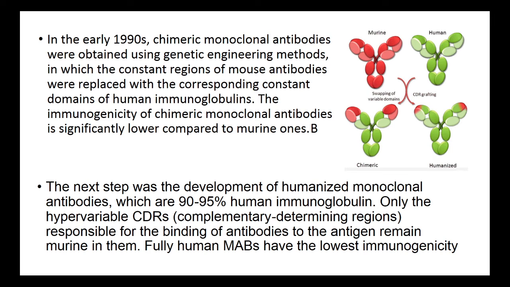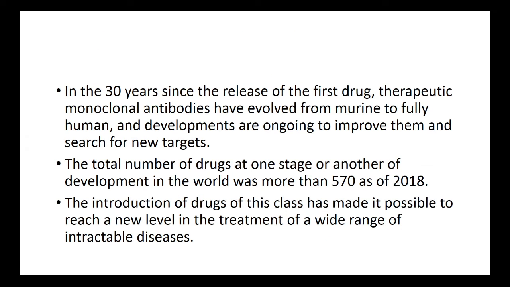But if it is 90-95% human immunology and only a small part from mouse, it will be a humanized antibody. In the 30-year history of this research, the first drug was obtained,